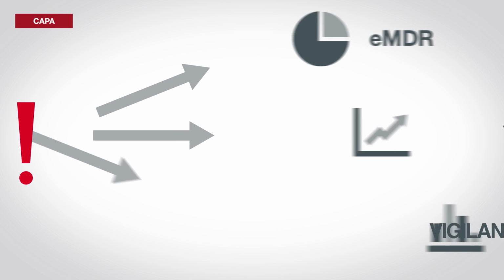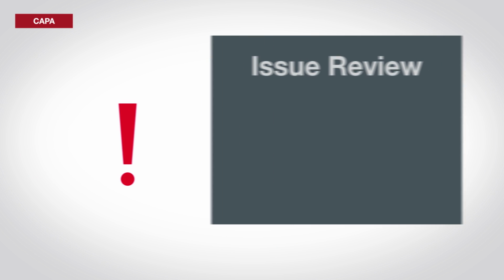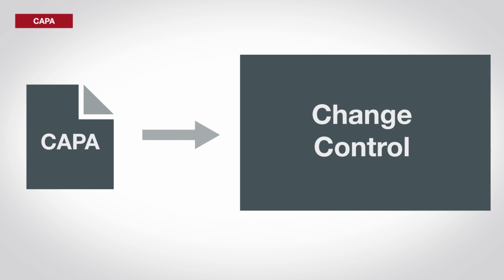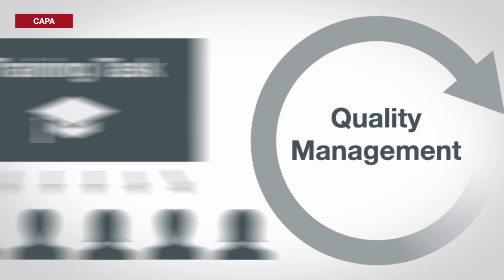With the CAPA module, you can launch the necessary regulatory reports, such as an EMDR, directly from a verified customer complaint. The complaint launches an issue review, which allows the CAPA coordinator to assess risk. Based on the risk assessment, you can close the issue out for monitoring, or launch a CAPA or SCAR to resolve the issue. CAPAs can generate a change control, and your workforce can be trained and verified all within the